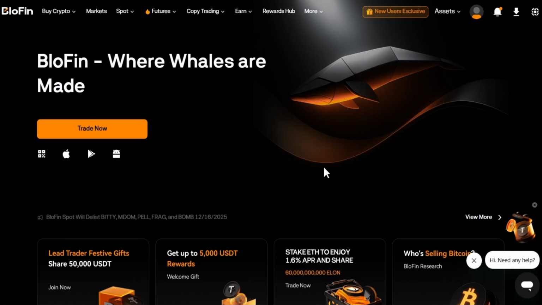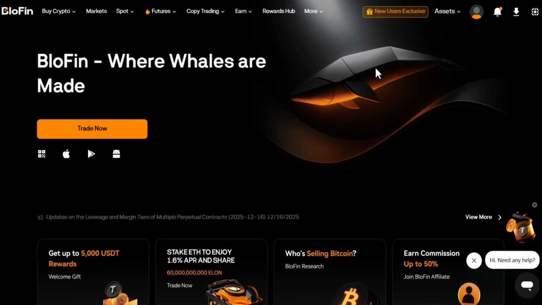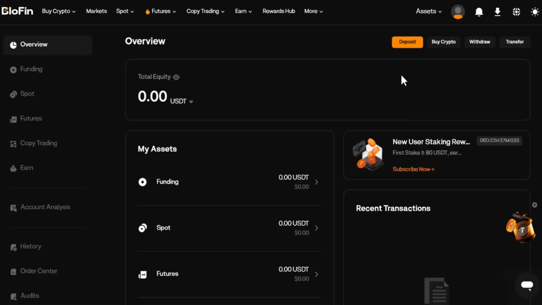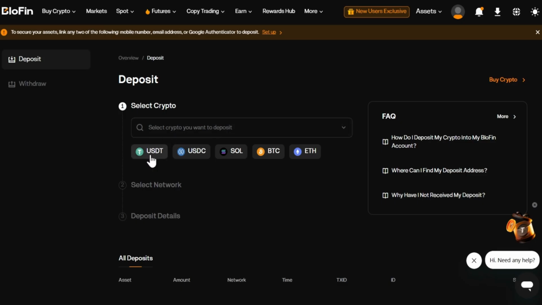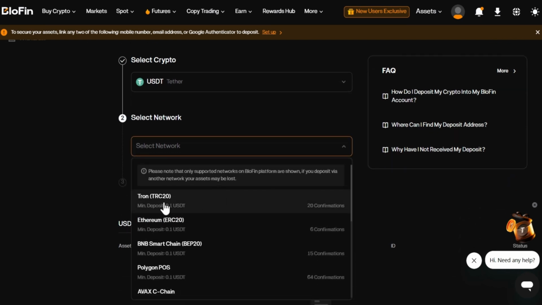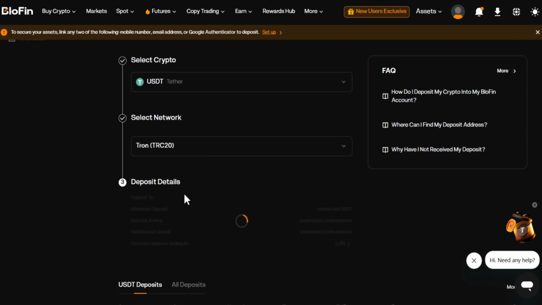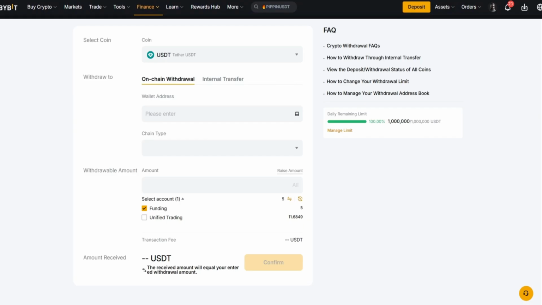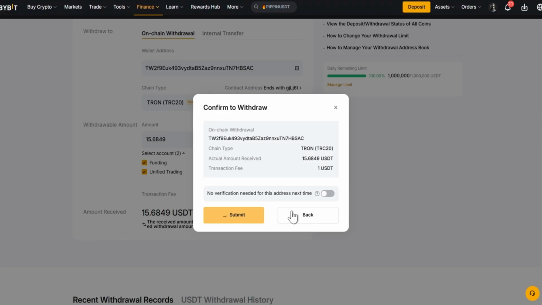Step number two is depositing funds. Let me show you how to do this quickly before we jump into the strategy. Once you're logged into your platform, click Assets at the top right, then choose Overview. Once you're on the Overview page, click on Deposit. Choose the coin you want to deposit. I recommend USDT and select the correct blockchain network. Make sure you choose the right network to avoid losing your funds. Confirm the details, then scan the QR code or copy the deposit address to transfer your funds from your wallet